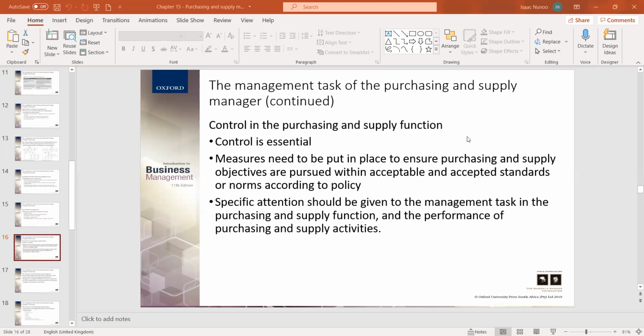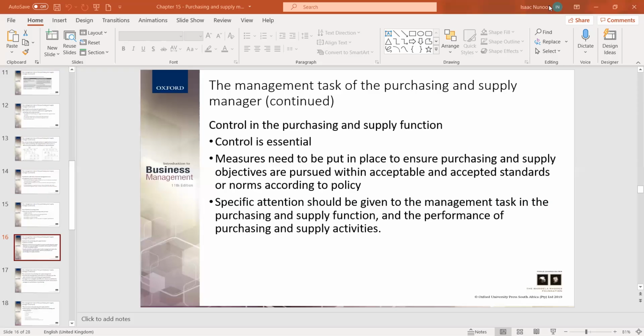And in terms of obtaining the network that you need, you also have to ensure that you create that network of customers. You have to have people that you can easily rely on anytime for supply of raw materials, because you've been able to build that goodwill. And even when the finance function has not yet paid, you are able to use this relationship to obtain advance supply before you pay later. And this is all due to coordination and trust between the manager of purchasing and supply and the